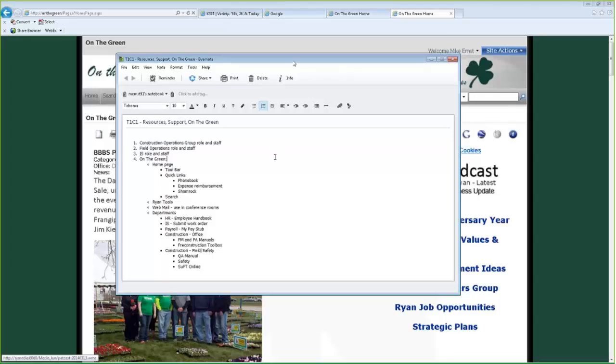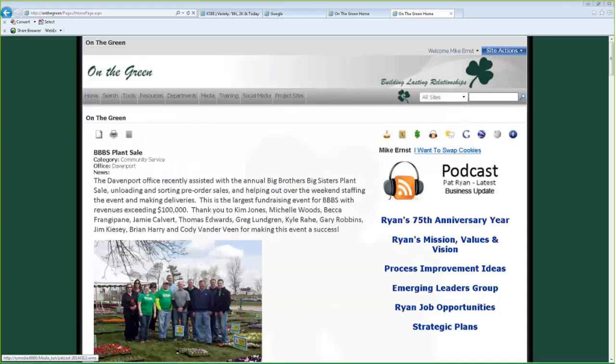Okay, with that, we're going to jump to On the Green. And you can see the list of items that we're going to go through. If you have been at Ryan for a while, this may seem very redundant or second nature to you, but typically people find one or two little tidbits that may help them in their day-to-day lives. So stick with us. The first thing I will walk through, let me move the agenda off the screen here,